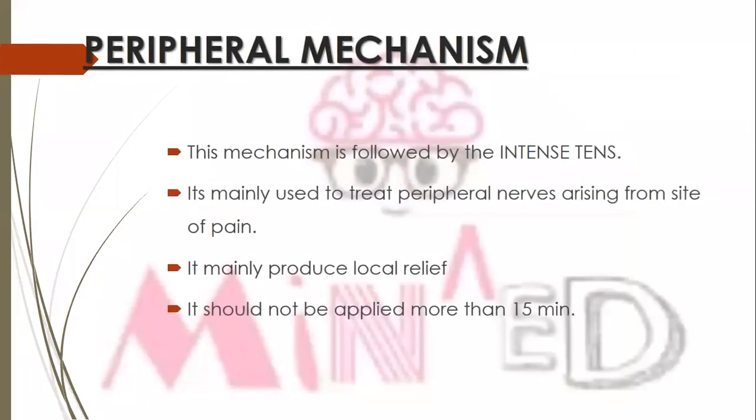Okay, next is the peripheral mechanism, which is also done by brief intense TENS. Oh, okay, I am saying the neurophysiology of conventional TENS; I have omitted that. Activity in A delta and C fibers from the nociceptors leads to excitation of the interneurons in the substantia gelatinosa at the spinal cord by the neurotransmitter substance P, which is a type of neurotransmitter. There are several types of neurotransmitters, and substance P is one of them.